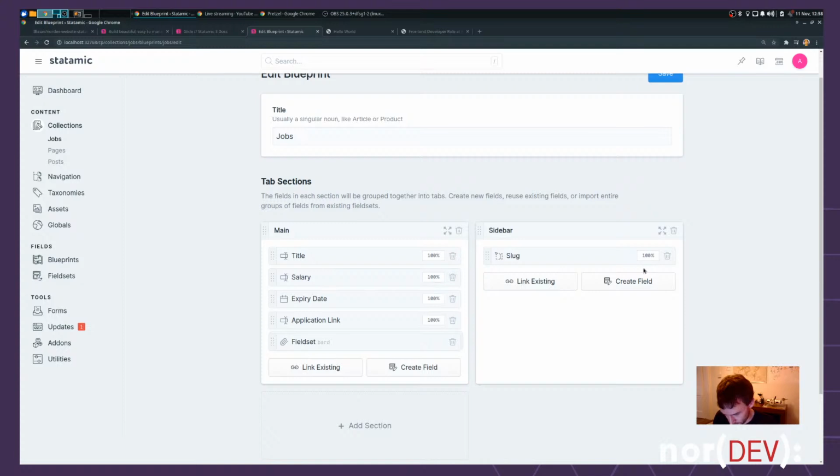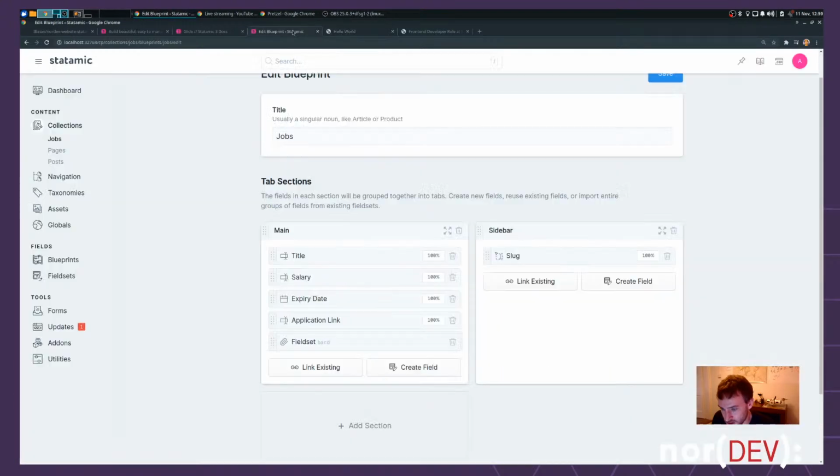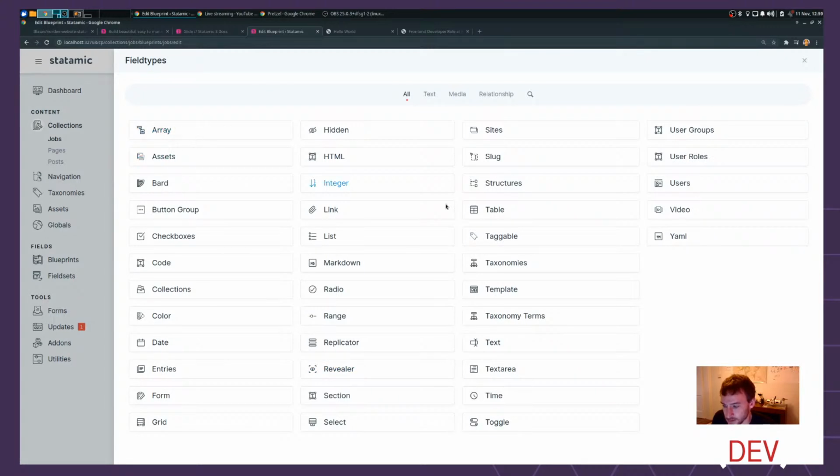Drag that one up as well. Awesome. So I think that's our main fields that we'll need for filling out this. We have our title. We've got, did we put a seniority? I don't think we put a seniority in, did we? No, we did not. So for seniority,